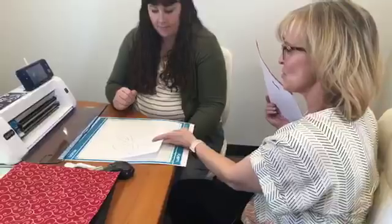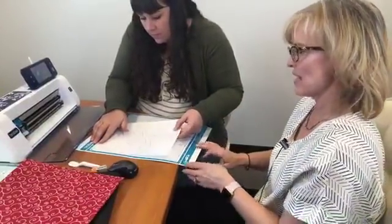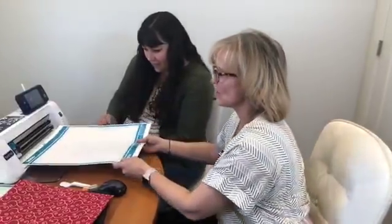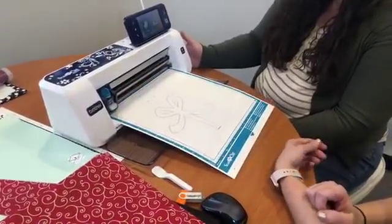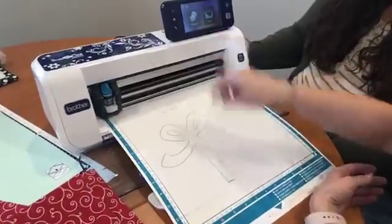So I'll let you place that on there. And I'm using the low tack. Most machines will come with a low tack or a high tack or a different adhesive surface that you can use. And for this particular one, we're going to put that low tack on, and then we just hit the load button. It's going to load it in, and I just select scan,